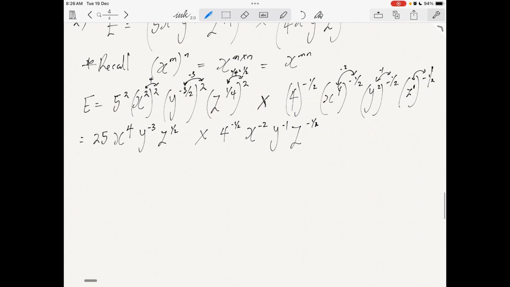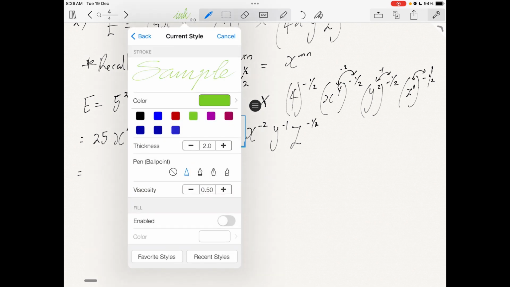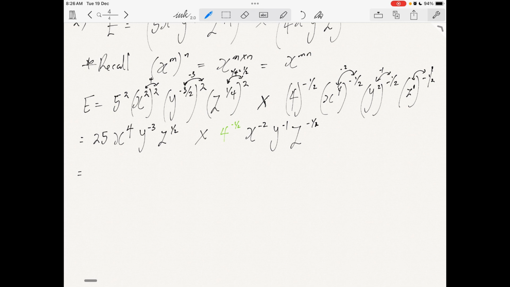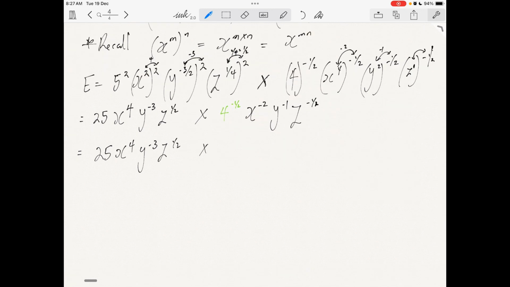Now, having done that, let's try to simplify further the 4 raised to power minus 1 over 2. Now we have 25 x raised to the power 4 y raised to the power minus 3 z raised to the power 1 over 2 multiplied by, now recall that